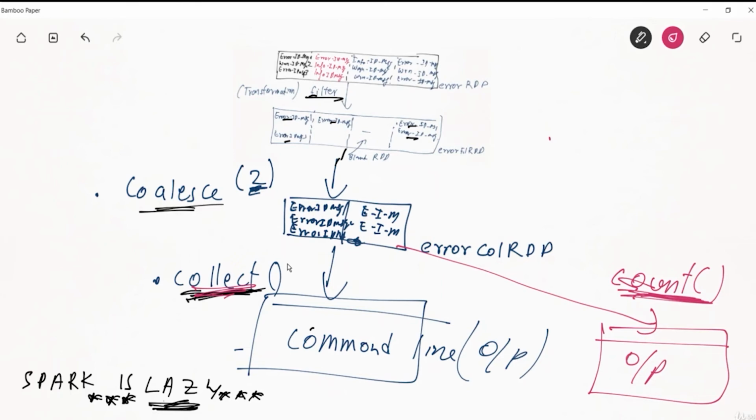So this is a problem over here. With laziness, there is one more problem: if you are doing five different actions like collect, count, it will do all the transformations five times, which again will reduce the speed, because the same task you have to do again and again. Is it clear? So this is a problem. To solve this problem,